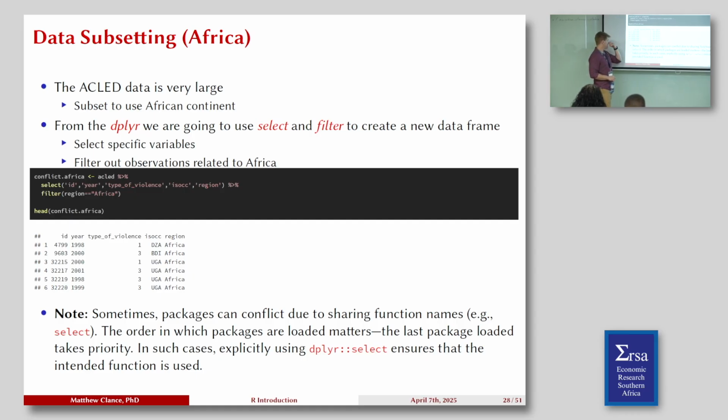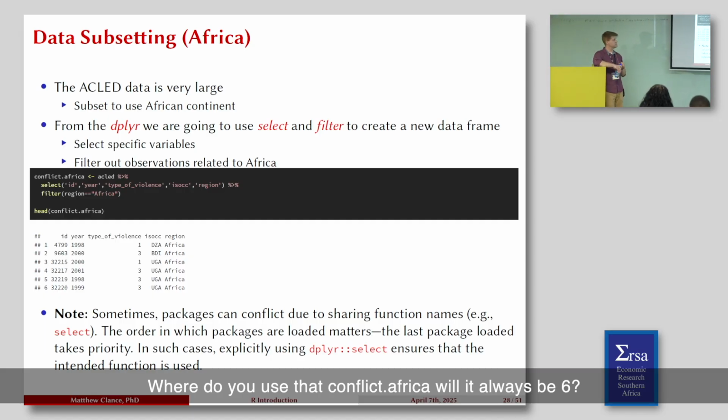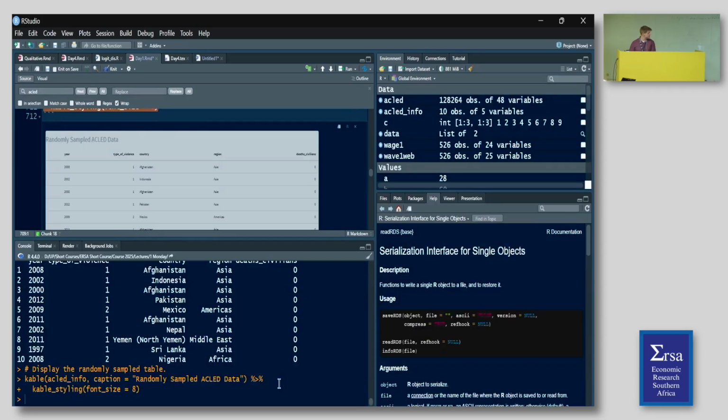This is only the top 6 of those. And this is where I point out that problem with the conflict between the packages sometimes. When you use that last line, the head, would it always be 6? It will be, but if you change it, I might have to change my code a little bit because there's a conflict, like I said, on my packages, but let me just